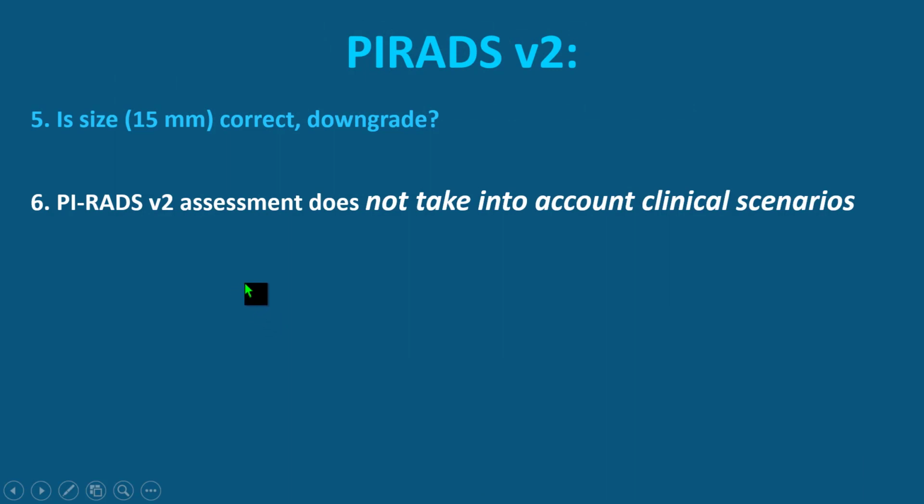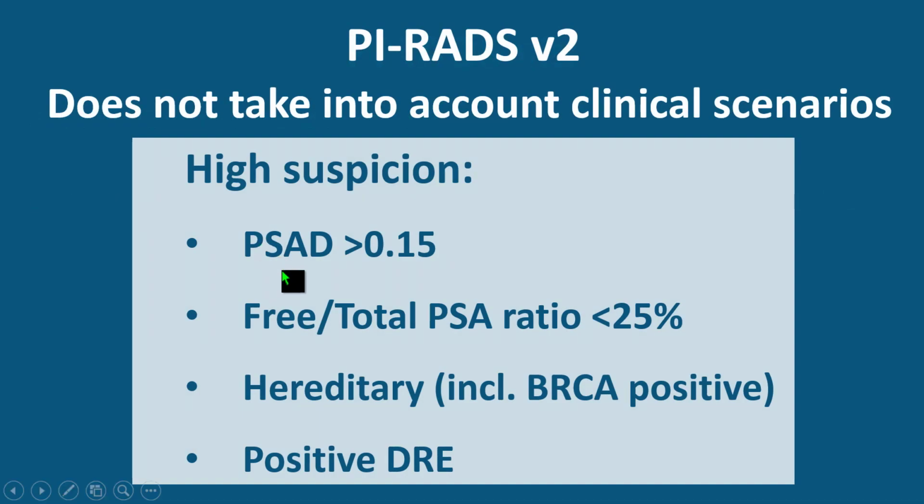It's stated in PI-RADS version 2 that you should look at the images without the clinical scenario. I think that's not what I'm doing in my clinic. I'm looking at the clinical data as well. That's very important. I'm looking at a high suspicion lesion or a low suspicion lesion. If the PSA density is high, the PSA density is PSA divided by the volume. So if the PSA density is above 0.15, I'm getting a little bit uncomfortable if I don't see a tumor. You can do the same with the free total PSA ratio. When there is a genetic profile, a positive family history, and also the age of the patient is important.